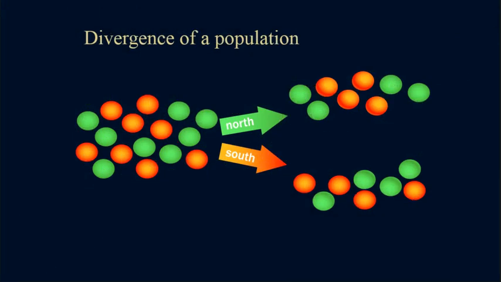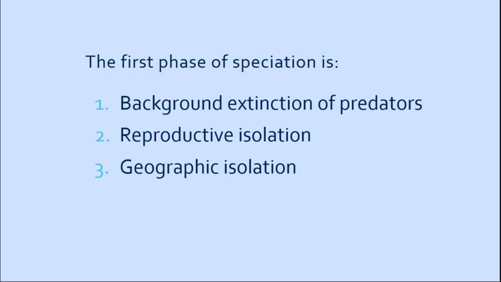Okay. Now, divergence is where you have populations that split, right? And so I have a little situation here where you have this great little population. You have the green ones, they've got some traits. You have the orange ones, they've got some traits, and there is variation among those two groups. They split in their population. Now, we're looking at how does speciation work, right? And so the first phase of speciation is,